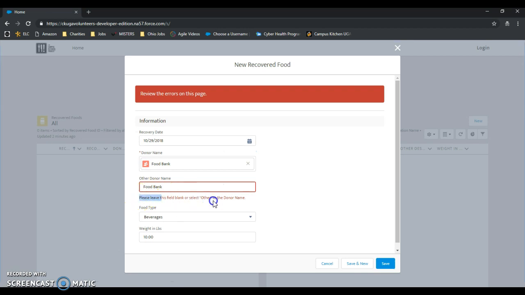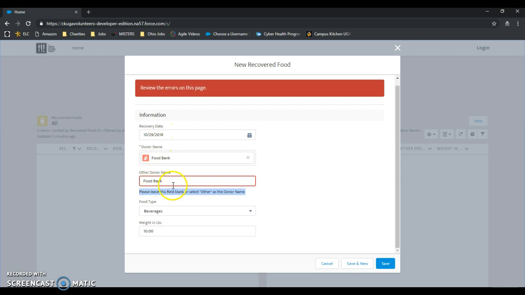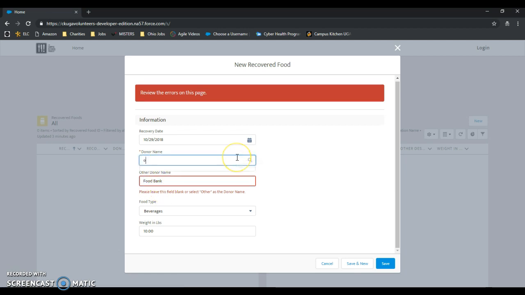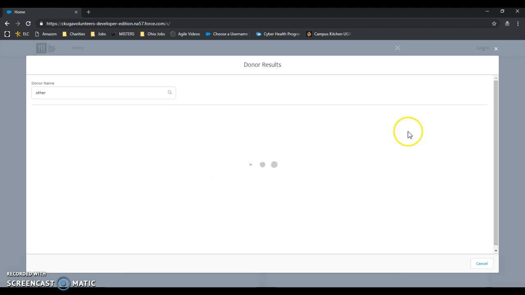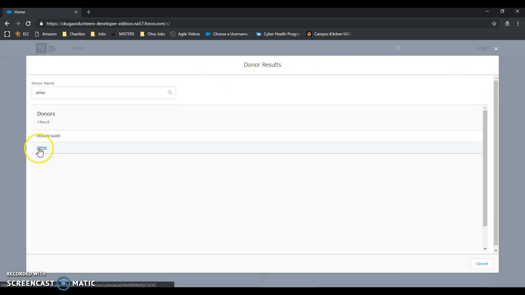So please leave this field blank or select other as donor name. So this is, again, this validation rule that we established before, that this field has to be filled out if the donor name is other and cannot be filled out if the donor name is not other. So just to demonstrate, again, if they selected other as the donor name,